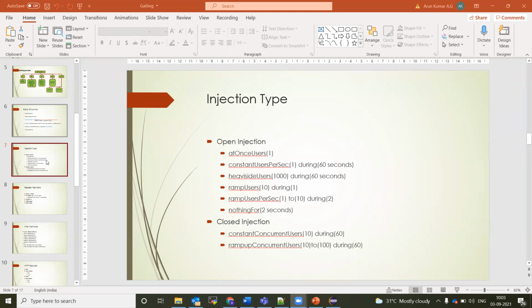And for closed injection, we also discussed the scenario of the call center, where on a particular server, a constant number of requests will be there for a particular period of time. So that's about open injection and closed injection. Any questions on what we have discussed till yesterday, guys? Any recap or any doubts? Take the silence as no, and I'm moving forward.